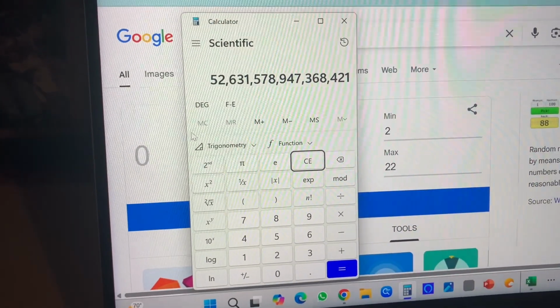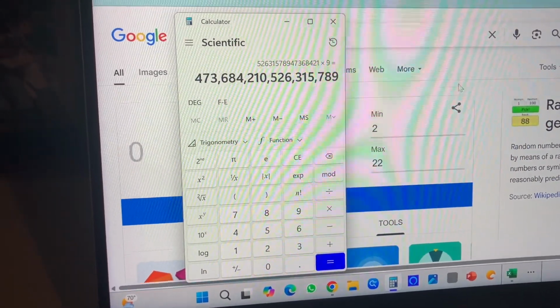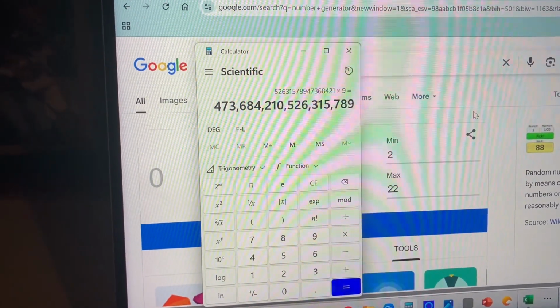Times 9 is 473 quadrillion, 684 trillion, 210 billion, 526 million, 315,789. Let's do a multiplication check. Oh my heavens. The prime number that comes after 19 is 23, and the reciprocal of 1/23,